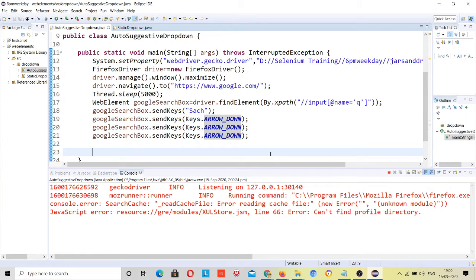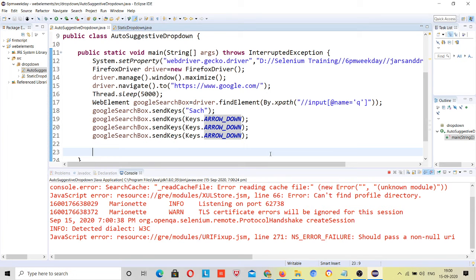Although we have other methods also to get this problem resolved. If this way does not work, we will try other methods, because sometimes arrow down is not supported by some websites, so we have to take other ways also.